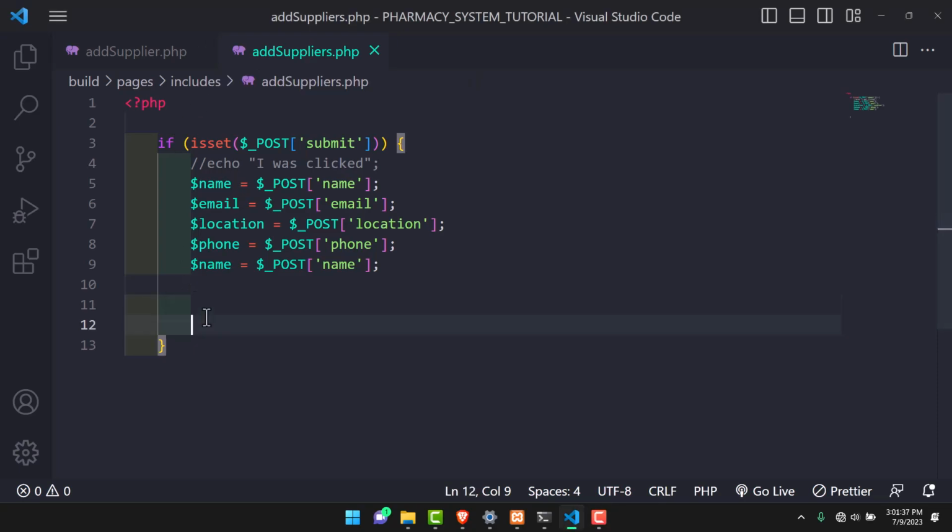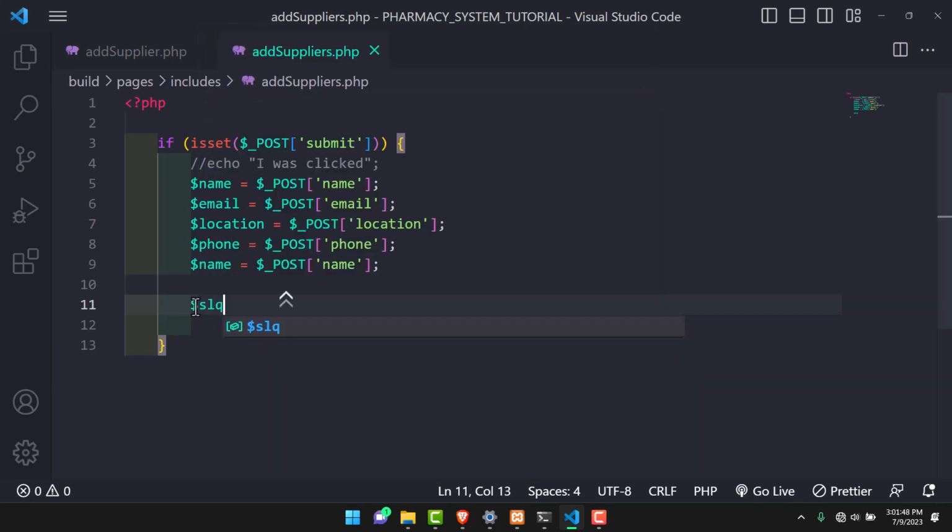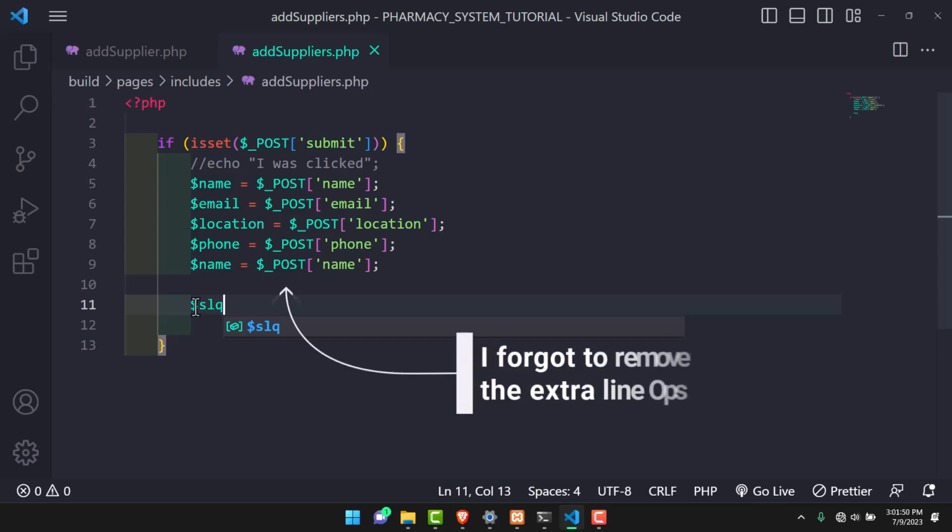And so now down here I'm going to create a variable and I'm going to call it SQL. So that is SQL. And I'm going to set this to be equal to